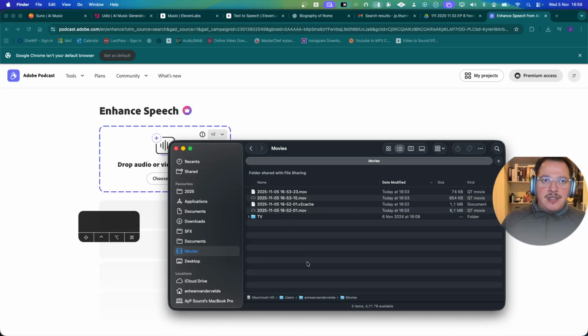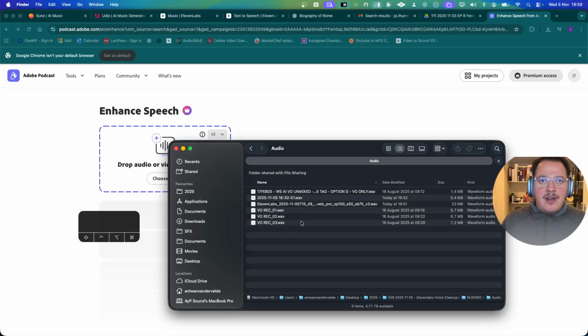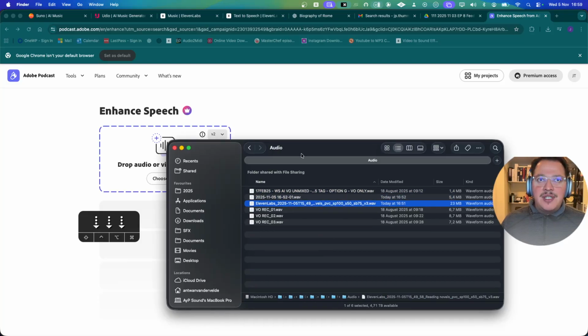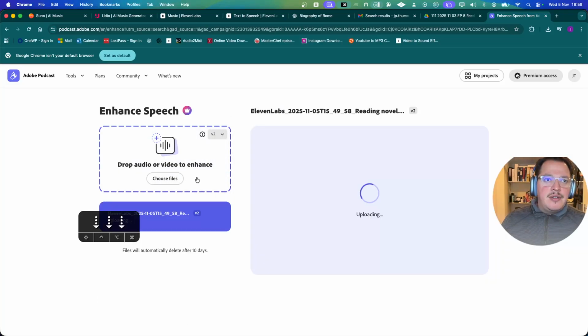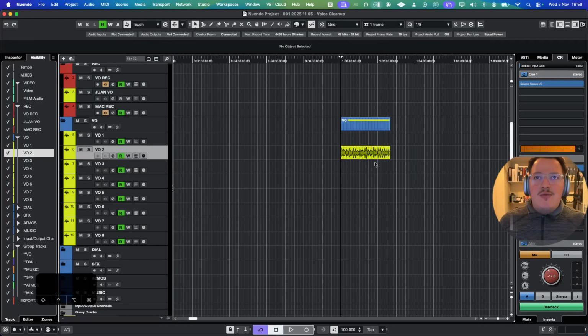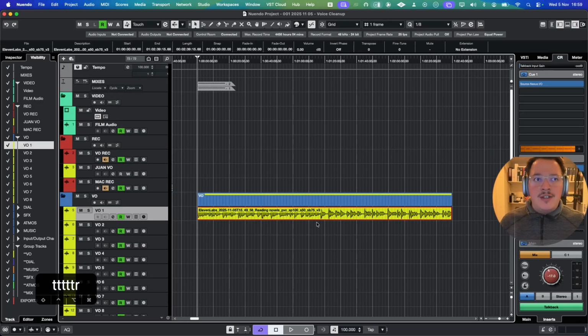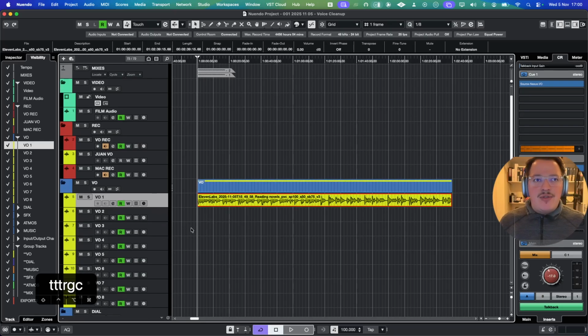Now, what I'm gonna do is go to my session now and grab the audio file from ElevenLabs, which is here. Drag that there, and then it's going to clean up and process this audio file. Now, in order to be able to really listen to what we're going to do with this audio file, I'm just going to have the original here on track 1 of this VO, and then on the other tracks I'm just going to share with you the processing and the other versions that we make.